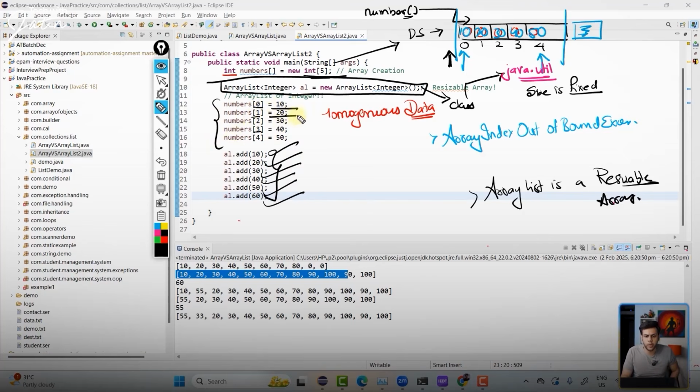On the first index, go and store 20. On the second index, go and store 30. So, we have to remember the indexes. In ArrayList, this is what utility methods are all about. Java collection framework provides utility methods so that you can perform standard operations on the data structures.